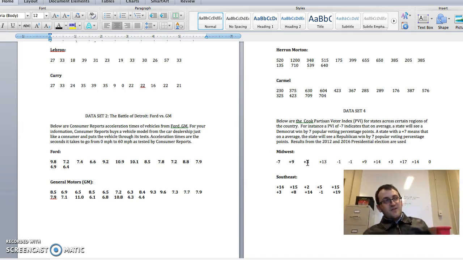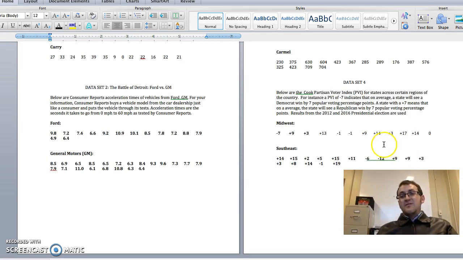Now, there are situations where, let's say, a candidate is being accused of sexual harassment or something. That's obviously going to alter things, and maybe that candidate is not so average anymore. But this is just looking at the average Republican versus Democrat. Negative numbers mean Democrat leaning, positive numbers mean Republican leaning. You're going to be looking at the Midwest versus the Southeast, each Midwestern state and each Southeastern state, and our goal here is to compare the average political index.